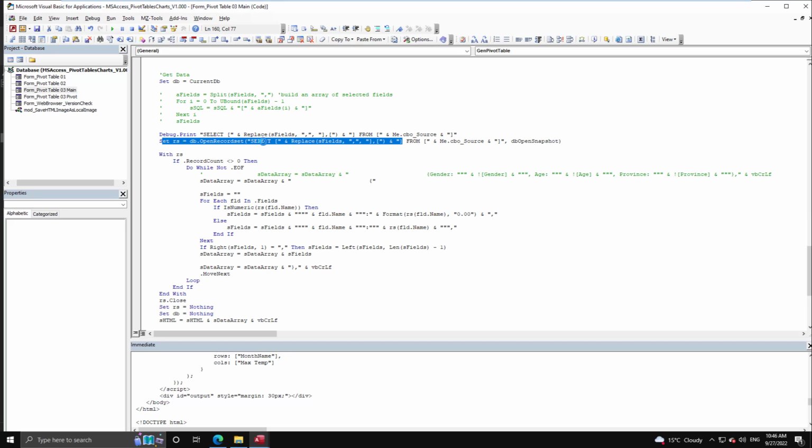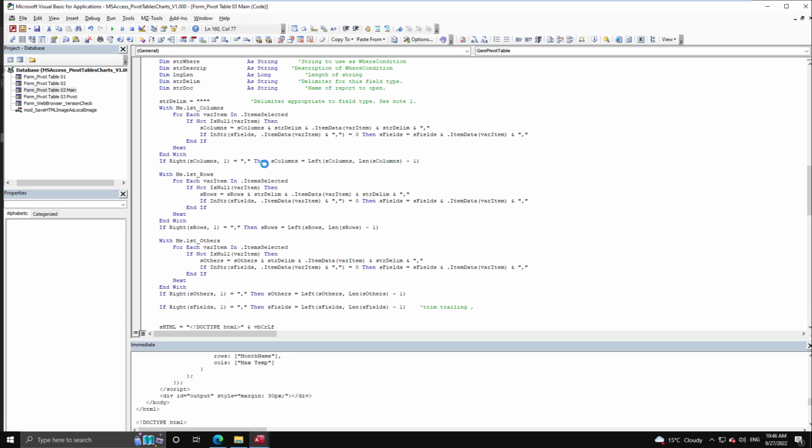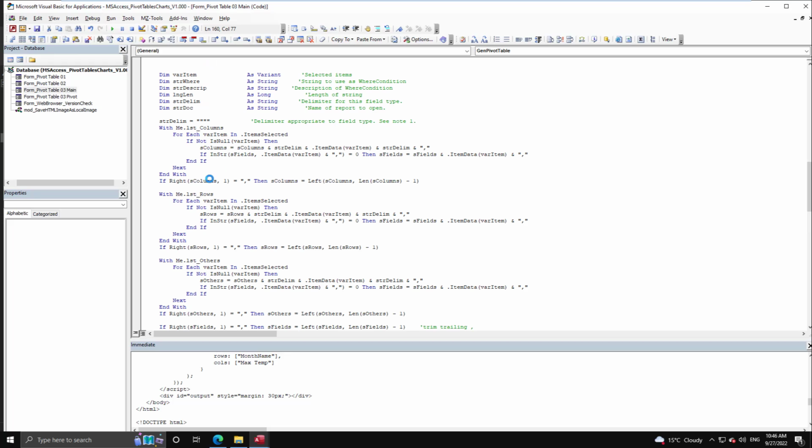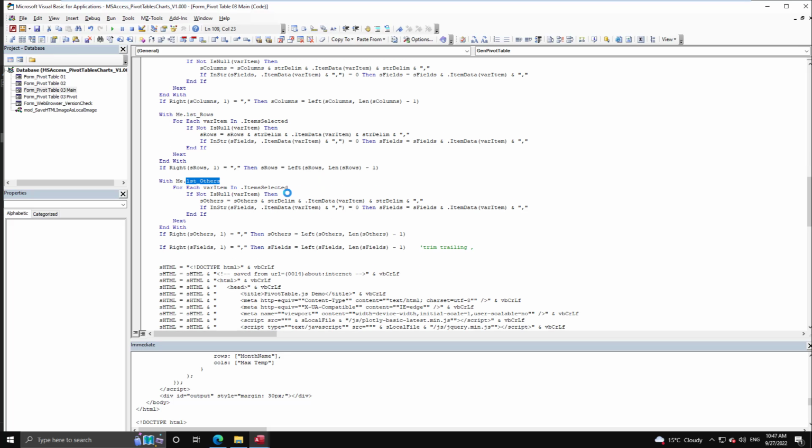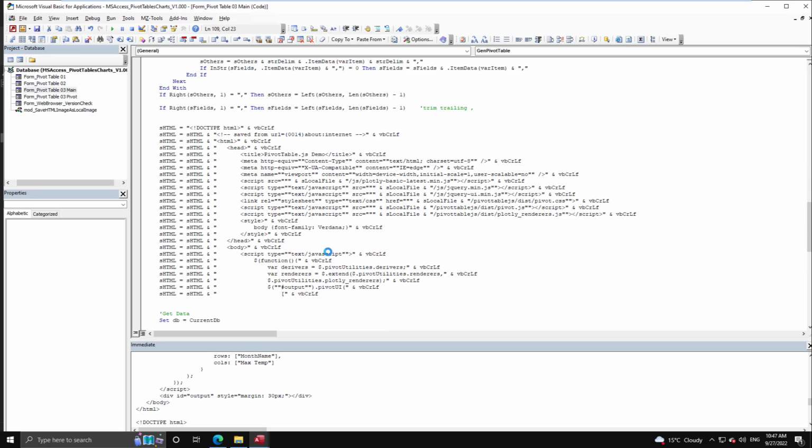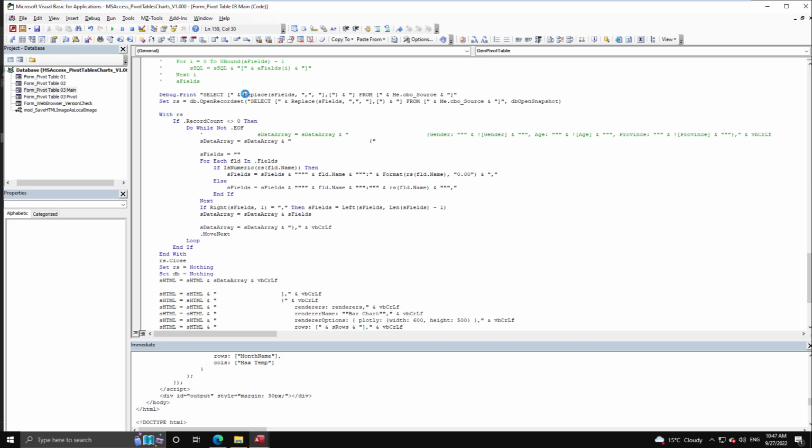Go use whatever the user tells me to use. And to reduce the amount of data we're passing back and forth, best practice, we only want to pull specific fields. So that's why up here, I'm generating lists of what are the columns that were selected, what were the rows that were selected, and what were the other fields that were selected. And then I'm using them here to